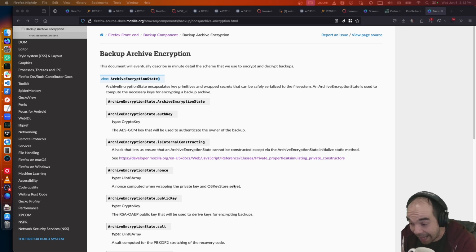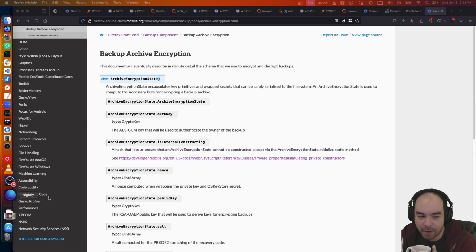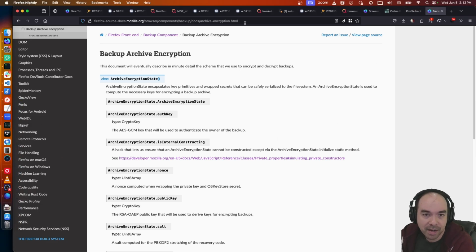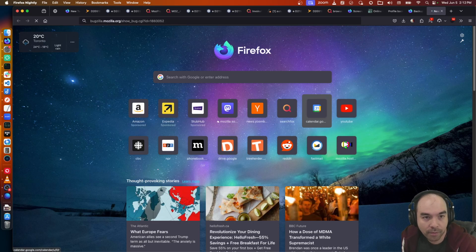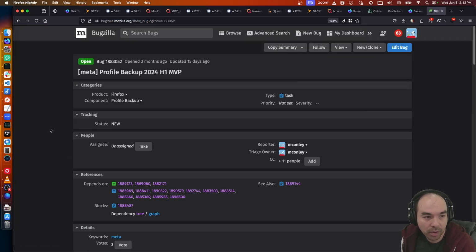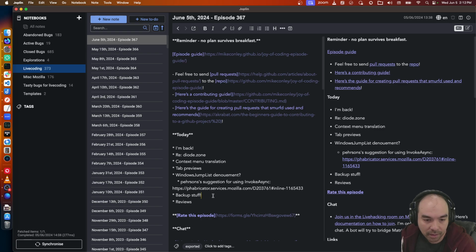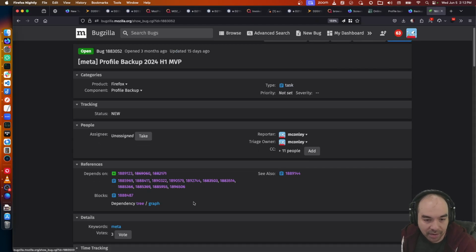Woo! So again, I'm giving you a sneak peek here. None of this is ready to use. Like I showed you the debug interface. Don't use it yet. Do not use it. You can follow along if you care. There's a Bugzilla metabug for profile backup. There's the metabug here if you want to follow along. It's broken down into a bunch of other metabugs, but you can follow along in here and you can kind of see us work. It's not just me. I'm working with some other people as well and some designers.